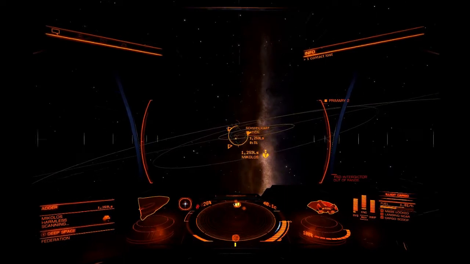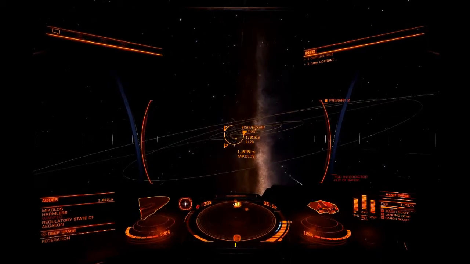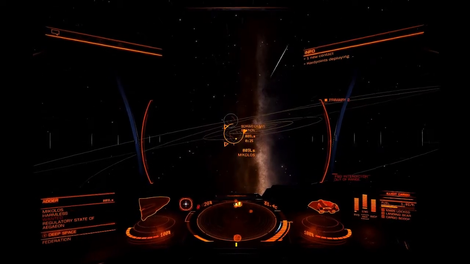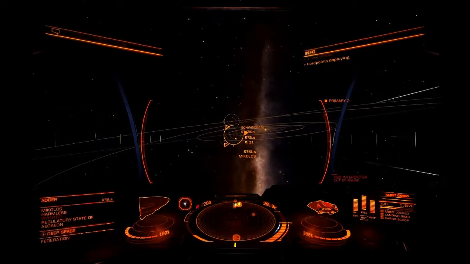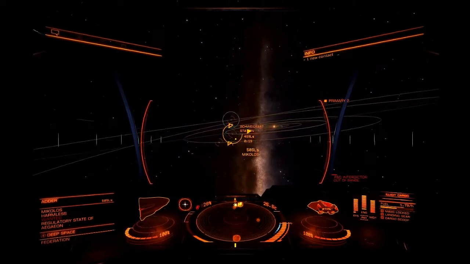Surely out of all these ships, one of those will be wanted. And it's not this one, it's not that one, it's another adder. Let's try it again, and here we go, this adder is wanted. So all we need to do is to make sure that we have the frame shift interdictor selected, and when we are close enough behind our target we can then press the interdiction button, and we'll enter the interdiction